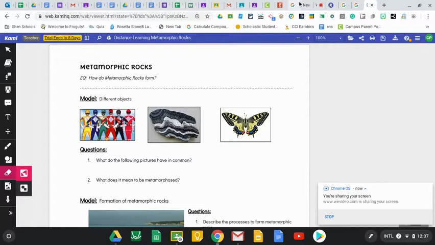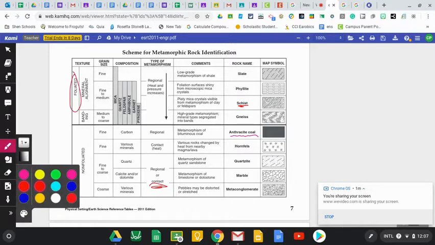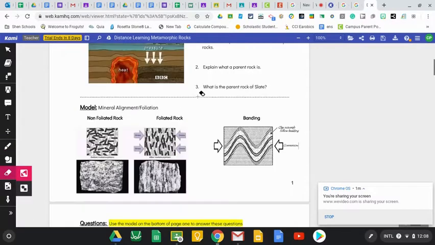Okay, so if we go to our reference table, you will see we have foliated versus non-foliated metamorphic rocks. And that is basically how this table is broken up. Are you foliated or are you non-foliated? So if we go down here,